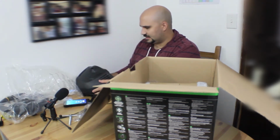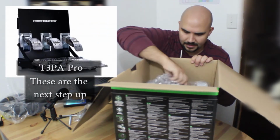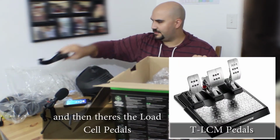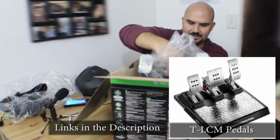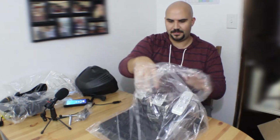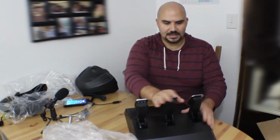We just got to get the pedals out. These aren't the pro pedals. There's another tier above this. Other half of the clamp for the wheel. And so it's your gas, your brake. Feels pretty legitimate. That feels like a brake, and then the clutch has some good response. I don't know if there's spring material in there. The clutch definitely feels softer. I don't know if there's a bump stop that stiffens up, but